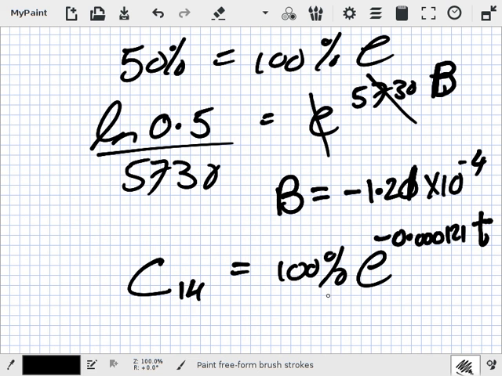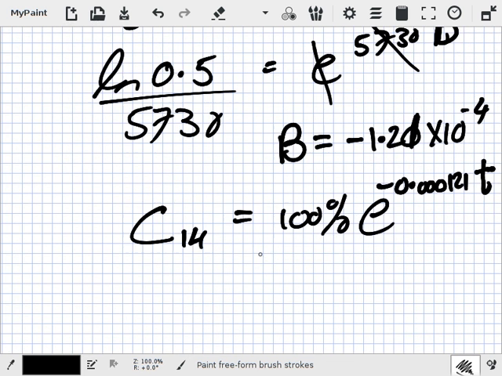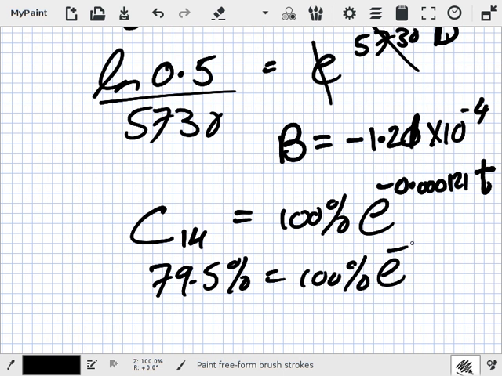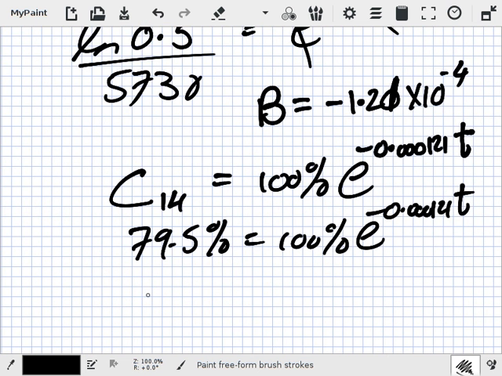So now we can answer the question: how old are they? Well, they have 79.5% of their carbon left. So 79.5% equals 100% e to the minus 0.000121 t. So you get 0.795 equals e to the minus